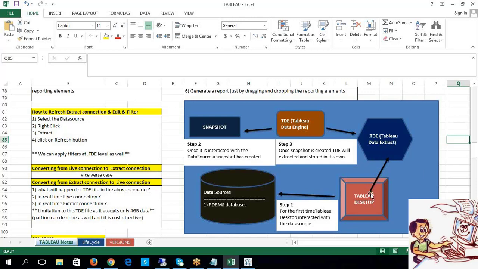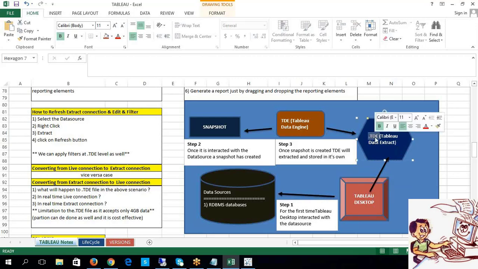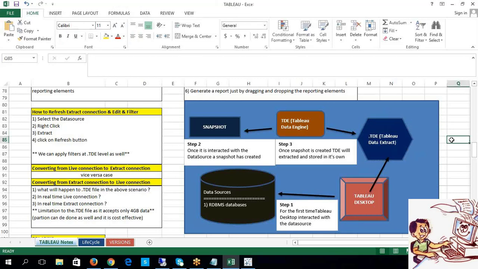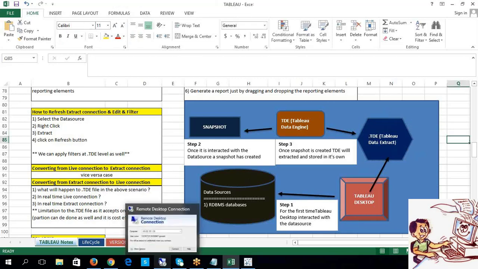Which means you are trying to avoid the intervention of a data source at this moment. Your Tableau Desktop is dependent on your Tableau data extract file. And what is the extension, guys? .tde. Right, now look at this. This is what I'm going to show you right away.